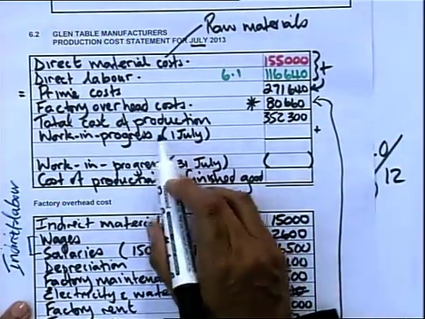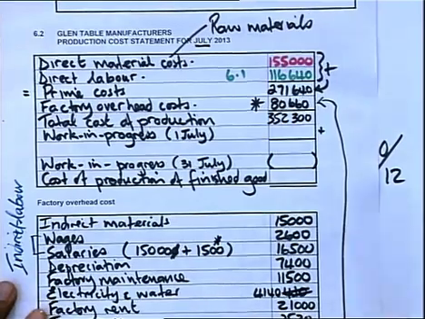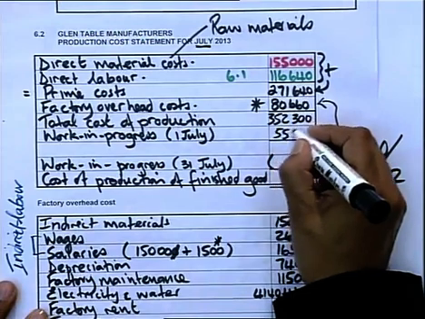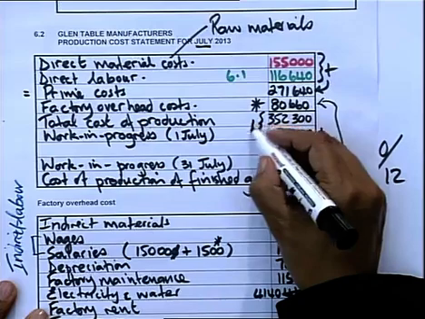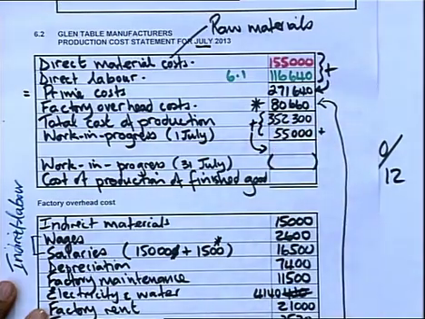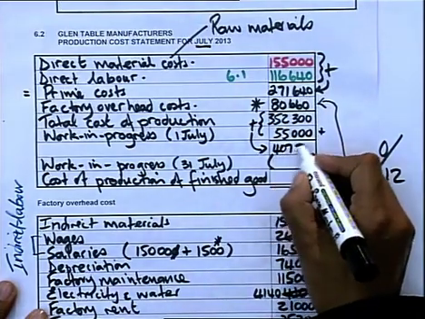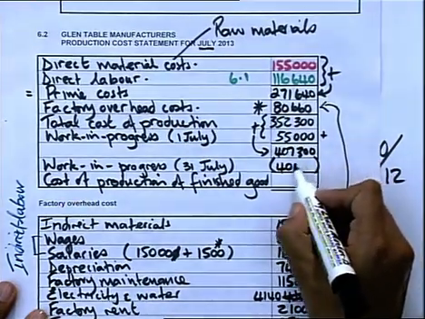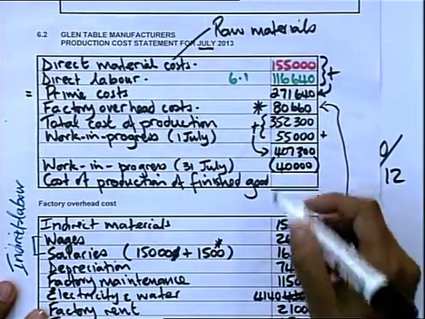Okay, and remember, someone asked me about the work in progress. I get it from my question paper. So my opening balance for work in progress is 55,000, which I'm going to add and put the answer. So I'm going to add another 55,000, and I'll explain to you where all of this comes from. 407,300, and I'm going to minus 40,000. That is my unfinished goods minus 40,000, and that gives me